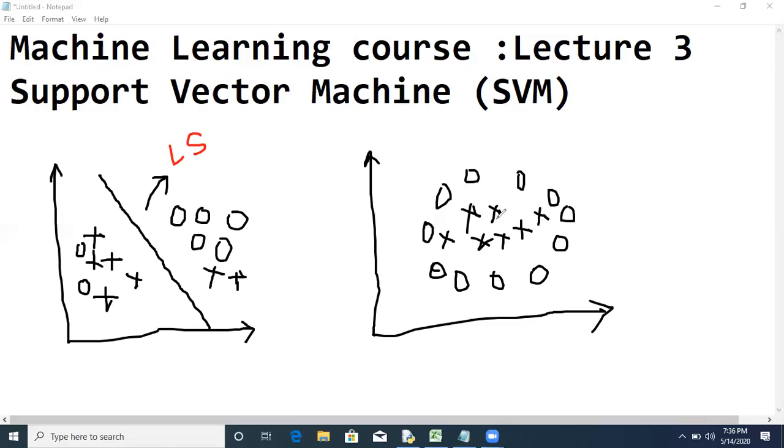So in this case, by drawing a single line will not solve our problem, because on one side there will be equal amount of circles and crosses, and on the other side, we have same number of circles and crosses. That means this is not the right classification, right?